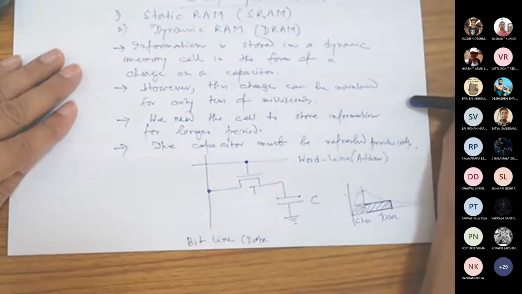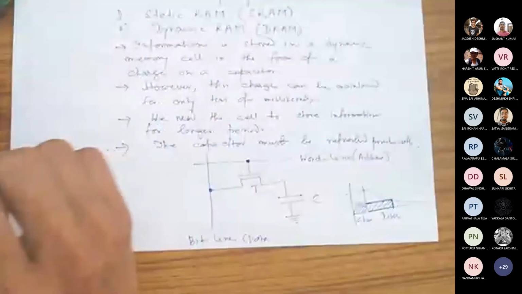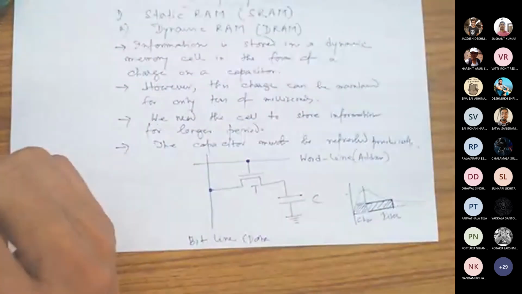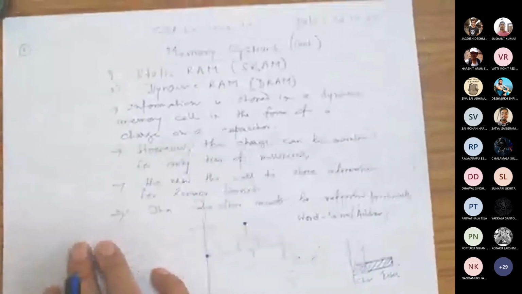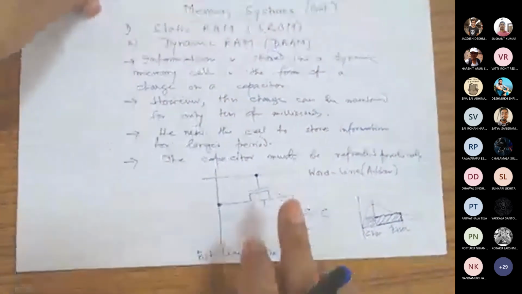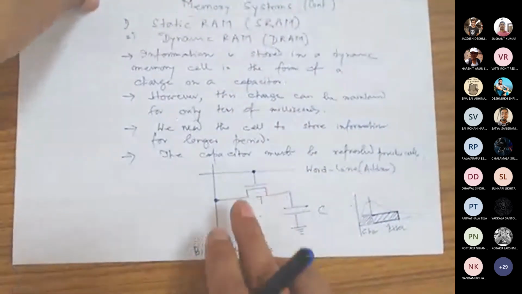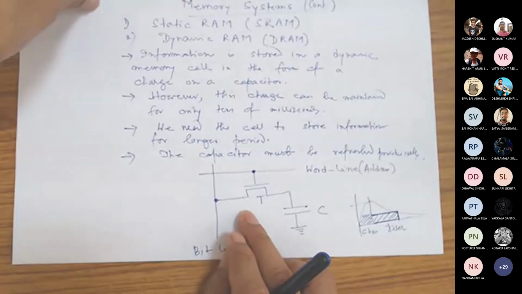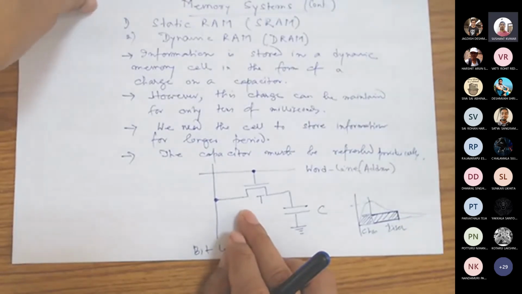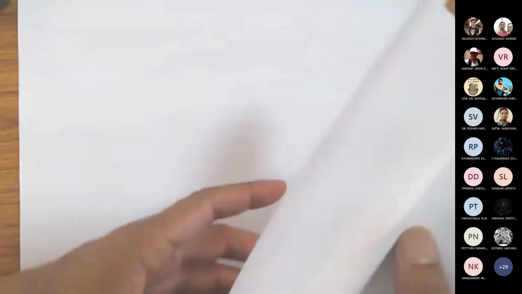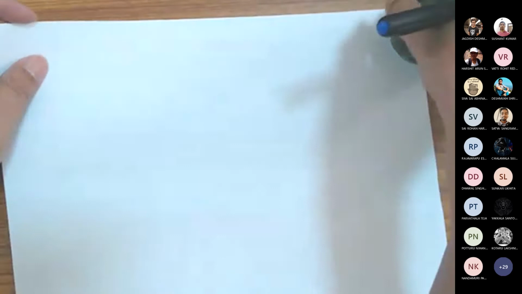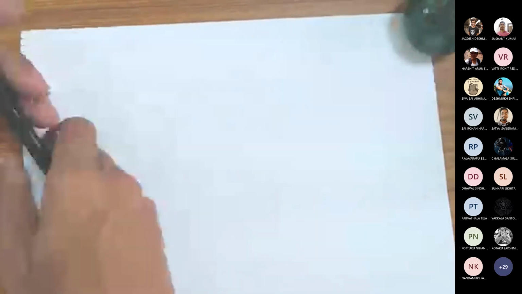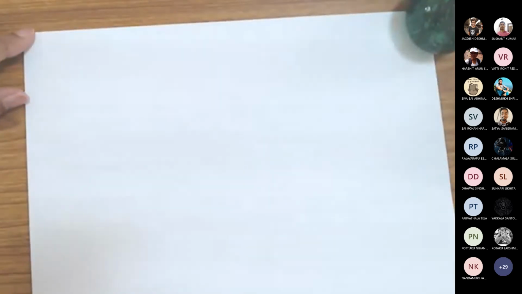Now let us see how these memory cells can be used to design larger chips. So we are only talking about a single cell. Is that clear? The concept of dynamic RAM? Yes, it's a very simple one. So let us now go for the actual design, but how do we design larger memory using such static RAM cells or dynamic RAM cells?